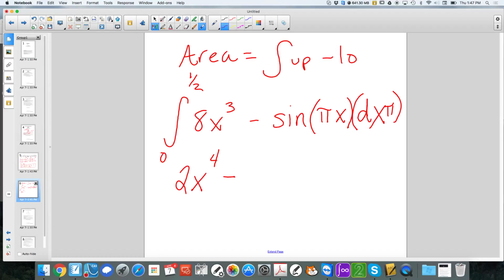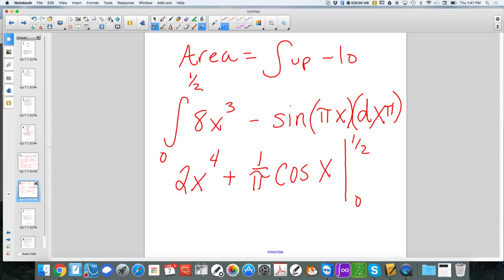So what's to go on the outside of the problem, Peter? 1 over pi. And now we're going to take the integral of sine of pi x, integral of sine of something. Negative cosine. Peter says negative cosine. I think he's right. I'm going to write it down here. Derivative of cosine, yeah, it is a negative cosine, Peter. So if I put a negative sign there, that's the same as turning this one to a plus sign